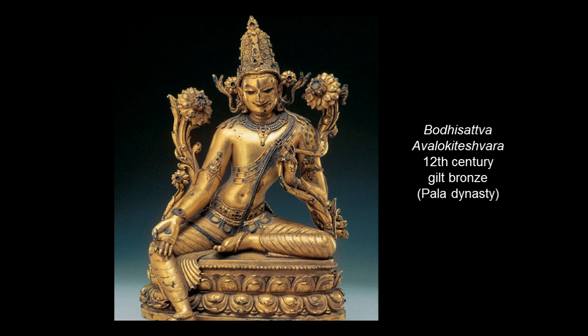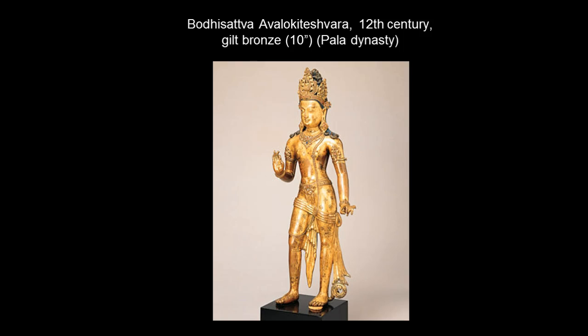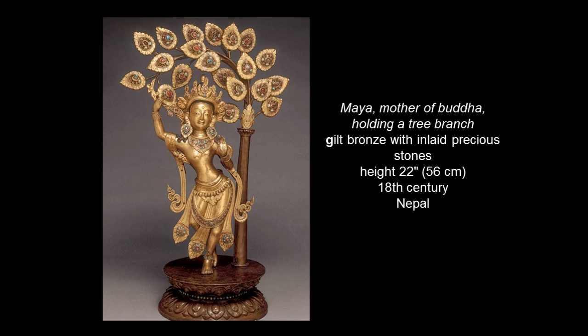Bodhisattvas and Buddha are often shown resting on a lotus flower throne, which symbolizes the emergence of wisdom from the muck, as flowers from a pond. Tantric art included images of other important figures such as Maya, the royal mother of the Buddha. In this image from Nepal, Maya and a miniature Siddhartha, or Buddha, emerging from her side, and the famous tree here are given very rich treatment with gold leaf and precious stones adorning the sculpture.